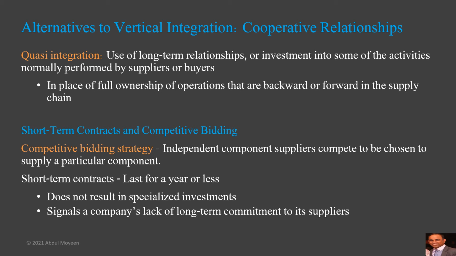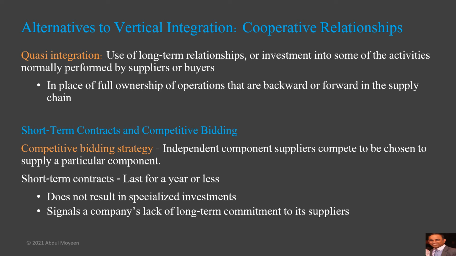A classic example is the car maker that uses a competitive bidding strategy in which independent component suppliers compete to be chosen to supply a particular component, such as brakes,